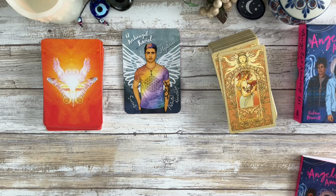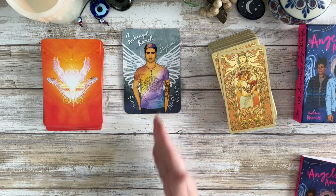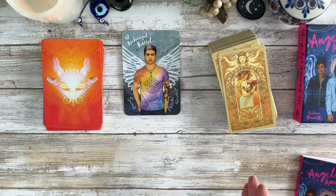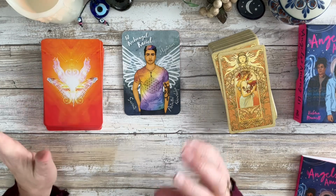figuring out what change is coming in regards to my studies, and look for signs and symbols, and work more with his energy, connecting to it, doing more readings with just specifically him, and then journaling about all of that. So I hope that wasn't too much of a ramble